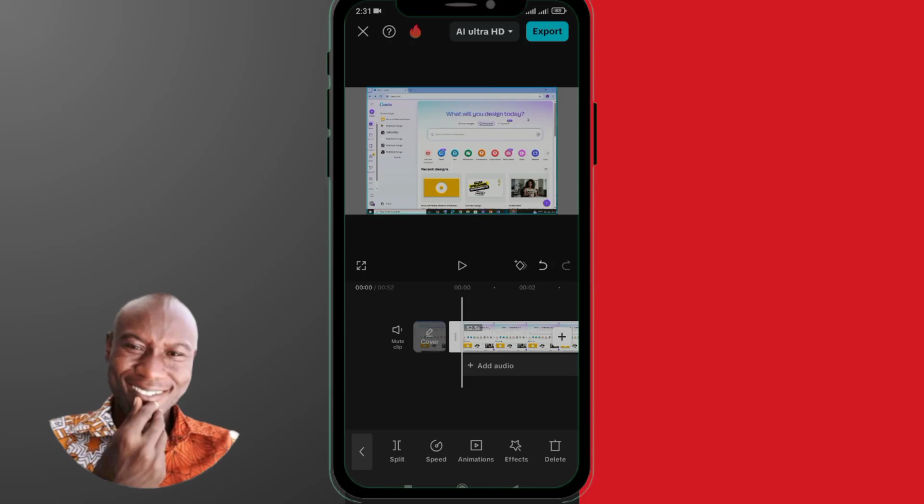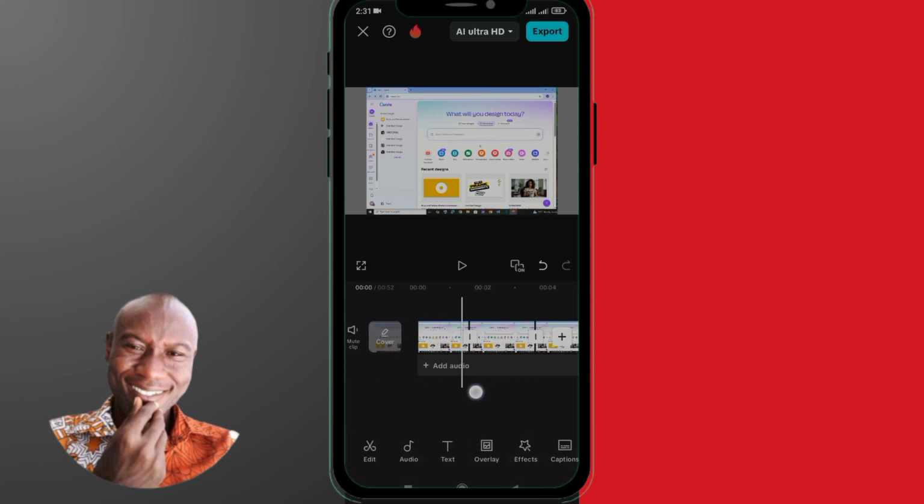Are you still cutting your video like this? Move, split, move, split, move again, split, and just like that, then you delete. If you cut out your video like this, you are actually wasting a lot of time, because this means that